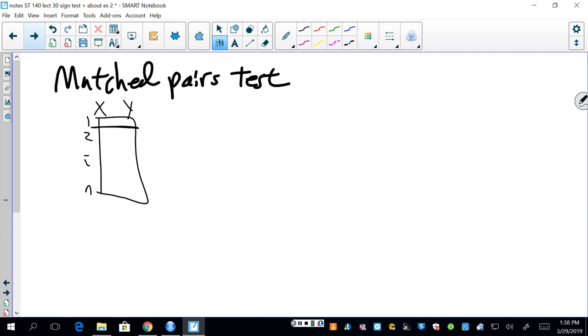So like in the homework, where there were 10 mothers that were either lactating or post-lactating, the measurements were taken on the same mothers. And so they were correlated. So you want to take a difference. So D1 could be Y1 minus X1, D2 could be Y2 minus X2, Dn is Yn minus Xn. And if we look at the difference,